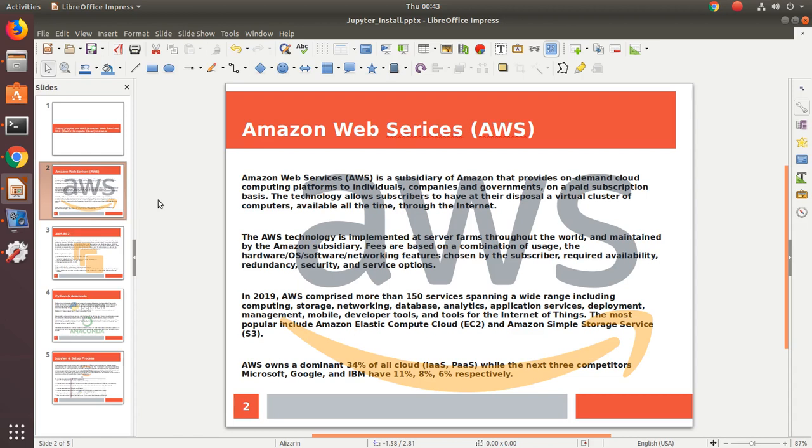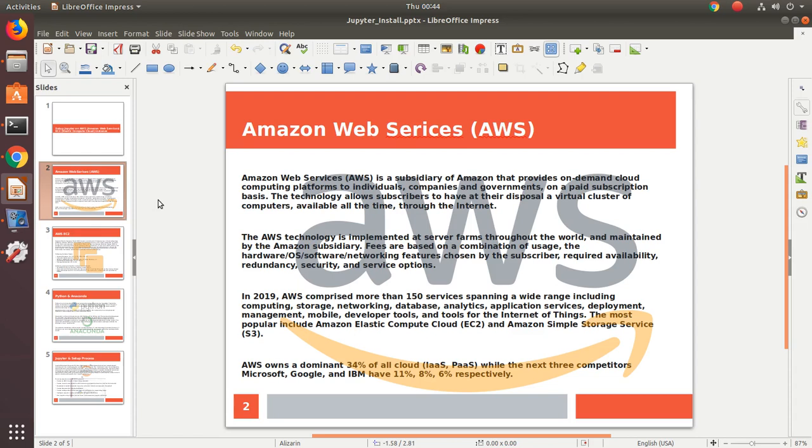So the AWS technology is basically implemented in server farms. So you can think of big farms or big infrastructure buildings in which there are servers racked there, and these are maintained by Amazon. And what Amazon does, it basically rents out these servers to us. Let's say there's a big server, they will rent out some of these big servers in smaller chunks using, let's